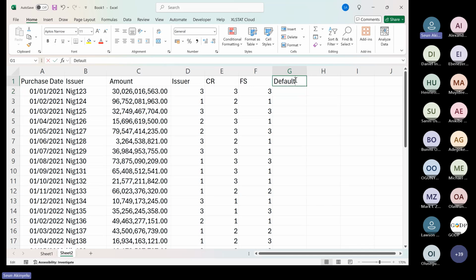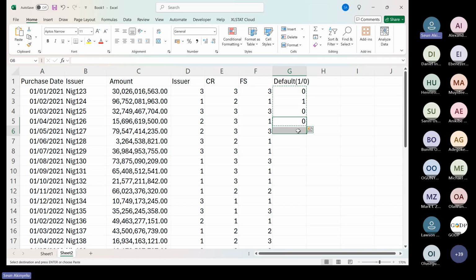So I'm going to say people that defaulted is a 1. People that did not default is a 0. Please, do you understand me? So I say, oh, this first one, no, they didn't default. This second one, they defaulted. This third one, they didn't default. This fourth one, they defaulted. Now, this thing I'm doing now, I'm just going to copy it across.